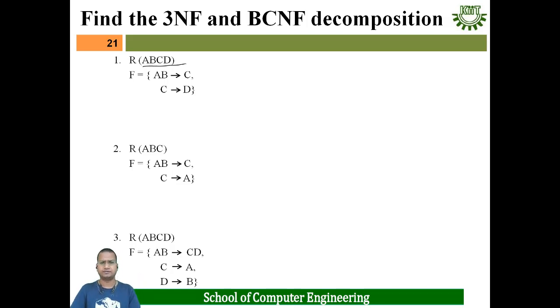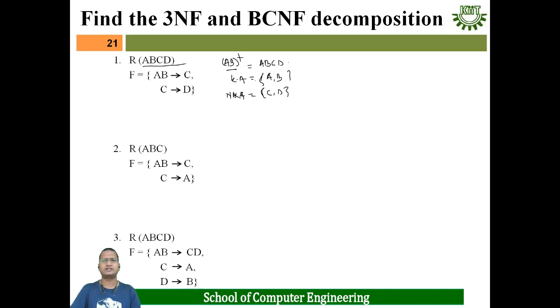Okay. Then first we have to find out the key attributes and non-key attributes. To find out the key attributes and non-key attributes, we have to find out the candidate key. Suppose I take AB closure. AB closure will be ABCD. And is any other candidate key possible here? Is AB present on the right-hand side? No. That means the only candidate key possible is AB. That means the key attributes will be A and B, and the non-key attributes will be C and D.